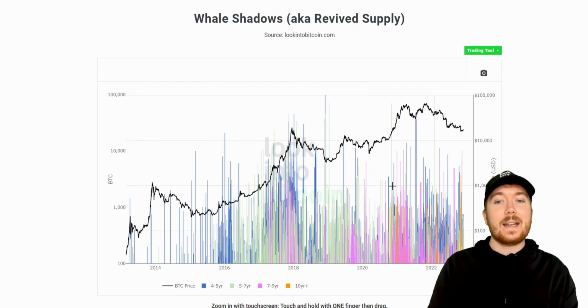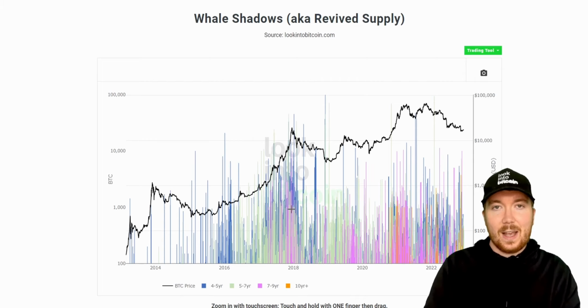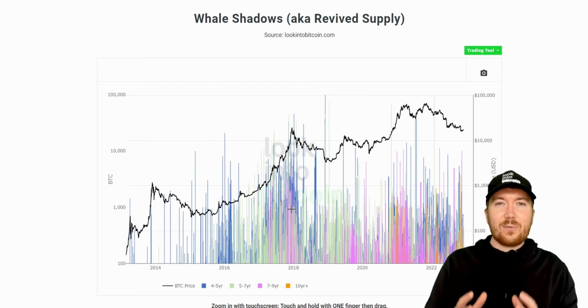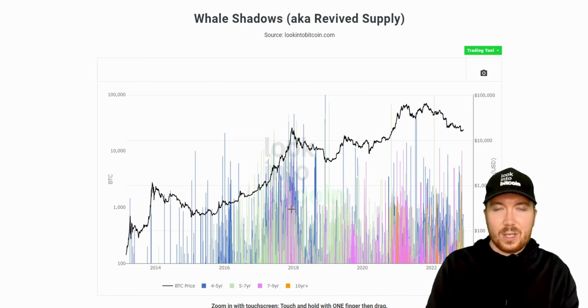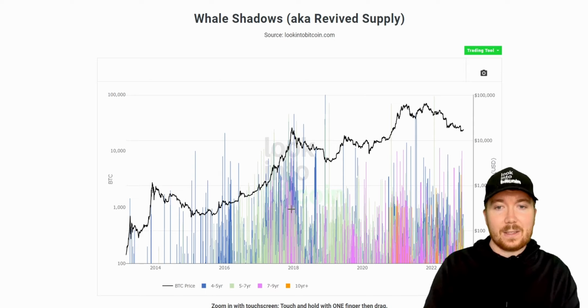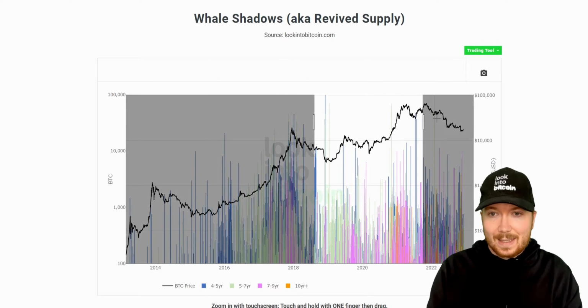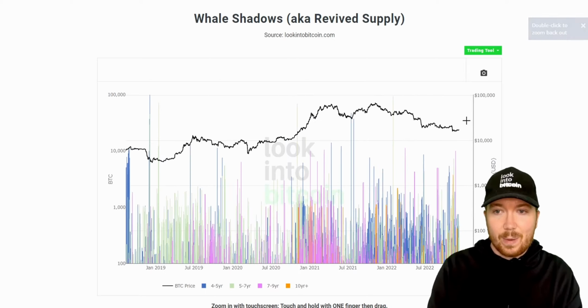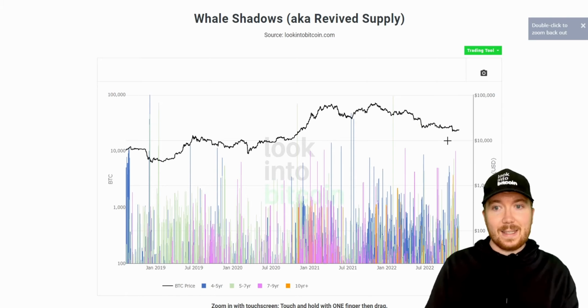But this isn't necessarily always the case. As we can see, these whale shadows transactions, these big on-chain movements happen pretty much all of the time. So why is it really worth taking note when these start bunching up? Because there are many instances where these don't actually occur at price market tops. For example, if we just take into account the most recent 2 bear cycles, the 2018-2019 and the most recent